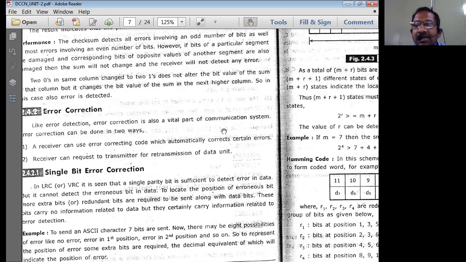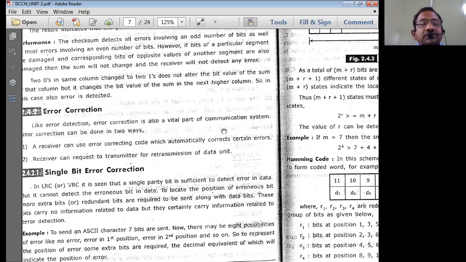Why? Because if retransmission continuously takes place, the throughput in the shared medium is definitely going to decrease drastically. So we have to ensure that there is sufficiently good throughput. At least more than 50% throughput is mandatory from the shared medium. That is why, to incorporate all these things in the shared medium with data communication terminals, we need to have error correction as well, just to decrease the load on the shared medium.